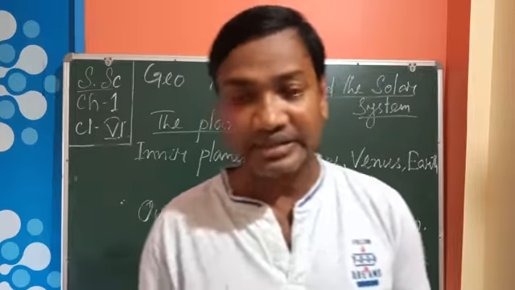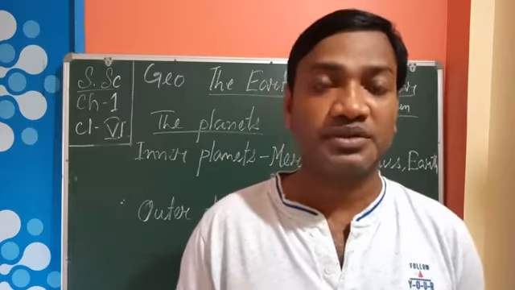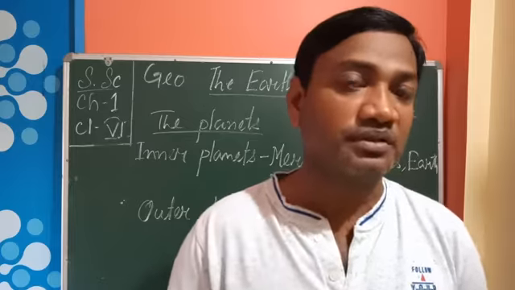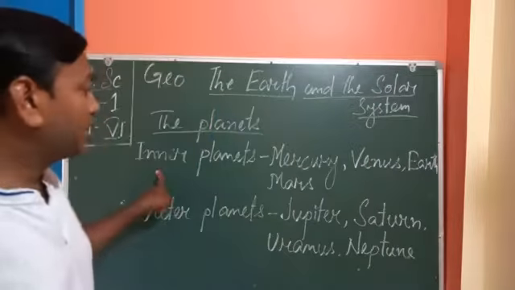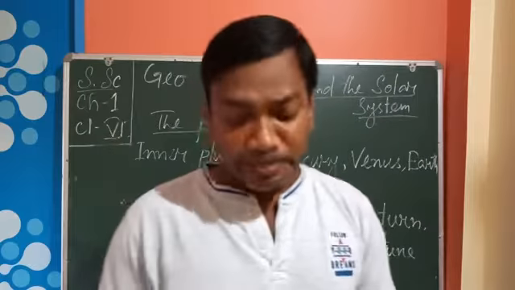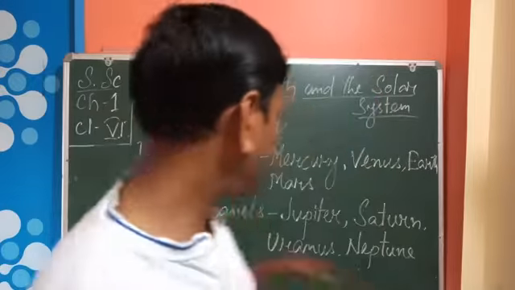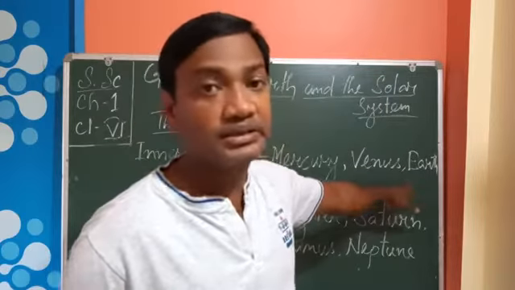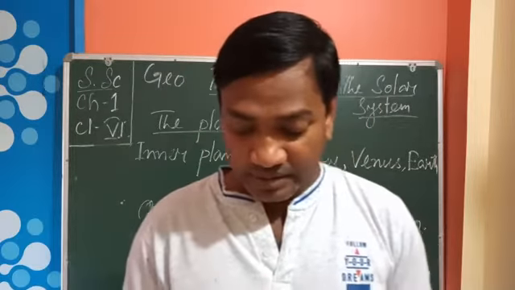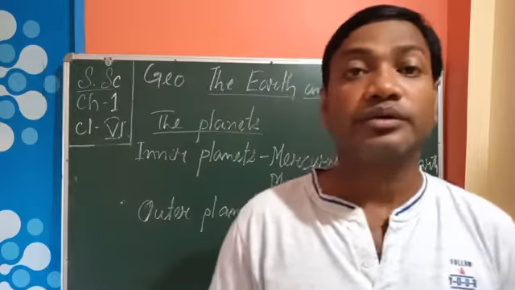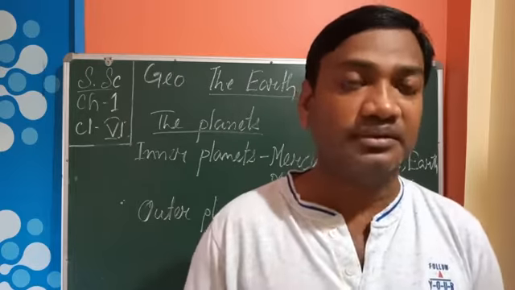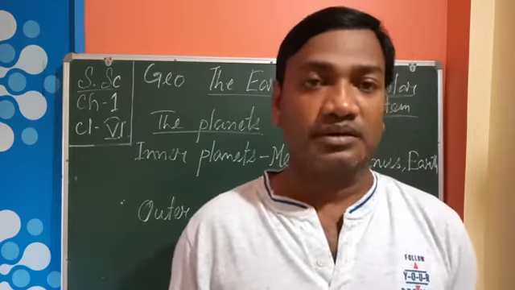The planets are generally classified into 2 groups. Here these 8 planets are divided into 2 groups: inner planets and outer planets. So inner planets: Mercury, Venus, Earth and Mars, these are called inner planets. These 4 planets are very close to the sun, that is why they are called inner planets,